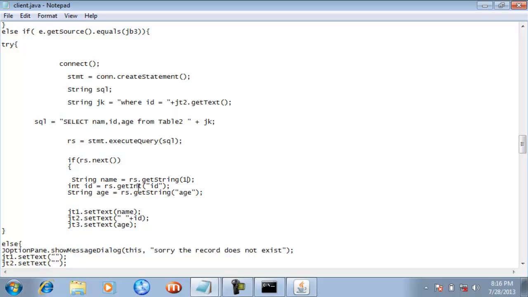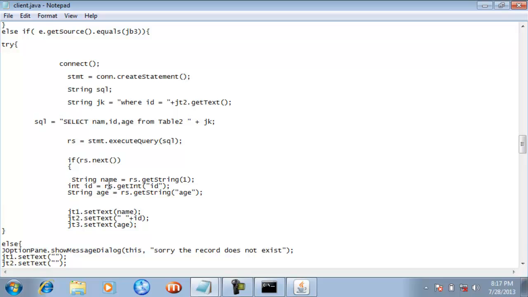Now guys, this is ID, so you can give here the number also, or you can give here the name of the column. So we know that the data type of this ID named column is integer, so we have used the getInt method with this rs named object.